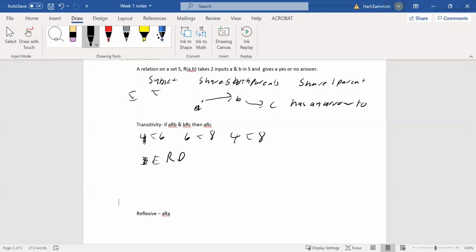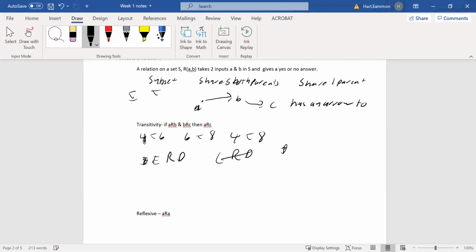But if you have a half sibling, so if Connor and Dan are half brothers, then they do not share both parents, but they do share one parent. So the question would be then, is this a transitive property? No, because Dan could have, let's say,